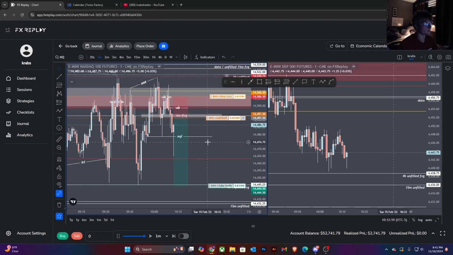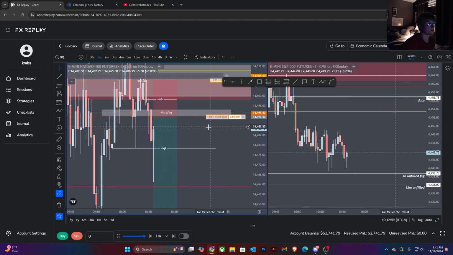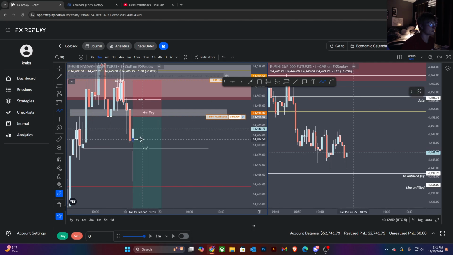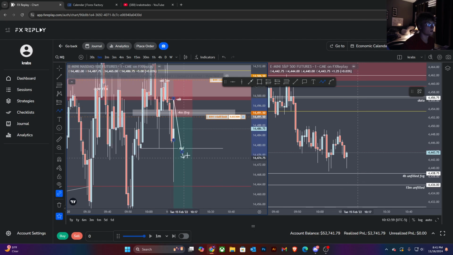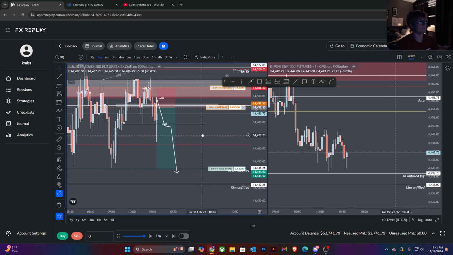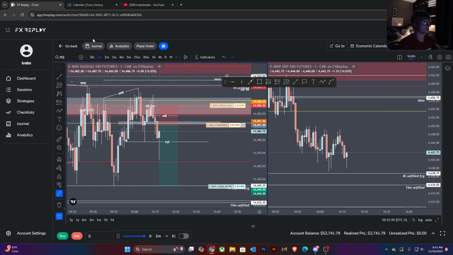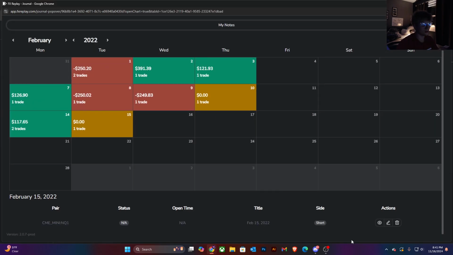Yeah, so no entry here. Took out the equal lows. That was going to be my break even. I wanted to see us open up higher, tap this OB, run lower, break even here, TP1 at 101, and then hold any runners towards the 4-hour unfilled fair value gap. So yeah, I'm going to journal this, no entry. Still going to journal it.